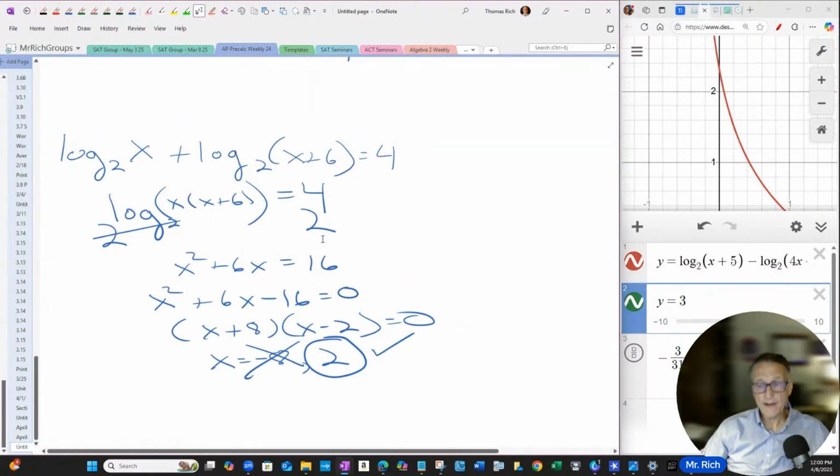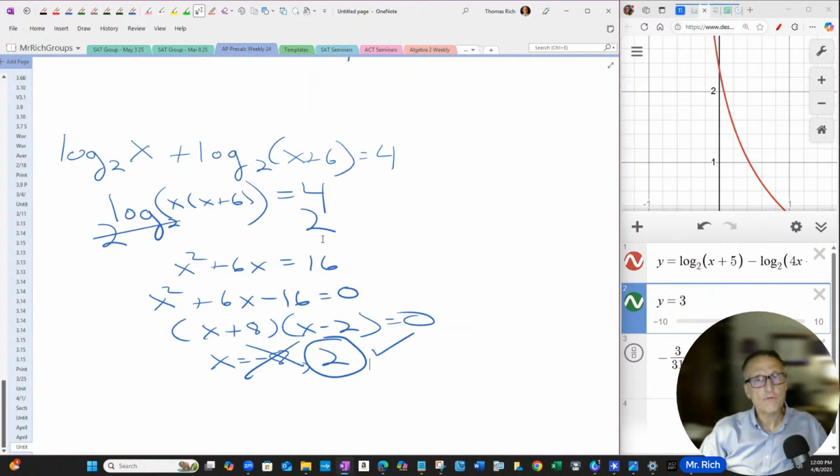All right, so that was 5 equations. Anyways, I hope that was of interest to you. And again, this is just kind of a test run for what I'm going to be doing this Sunday night, which is going to be an AP Precalc review. I'm going to be doing 2 of them. I'm going to be doing one on